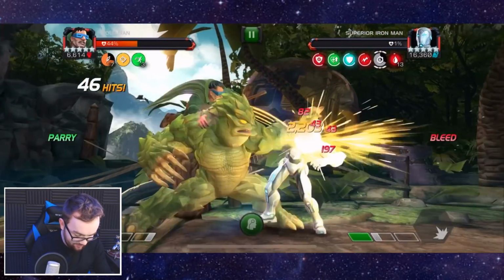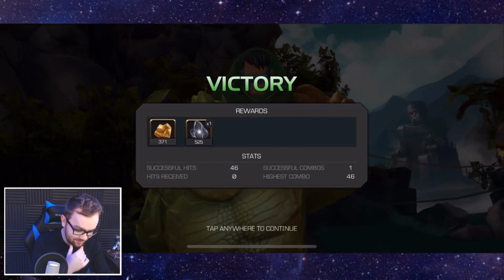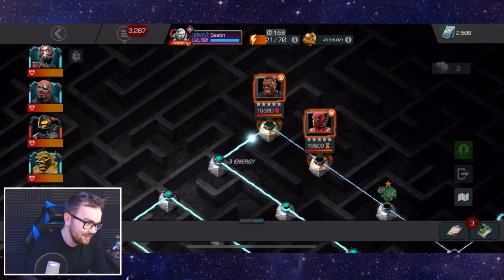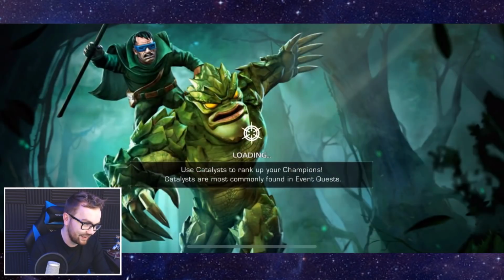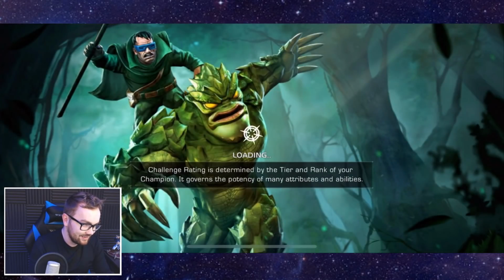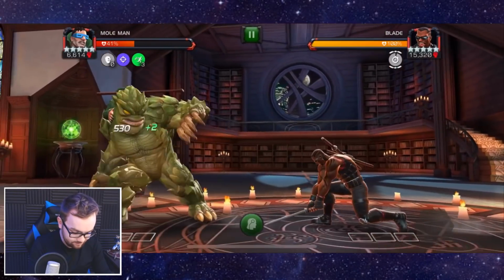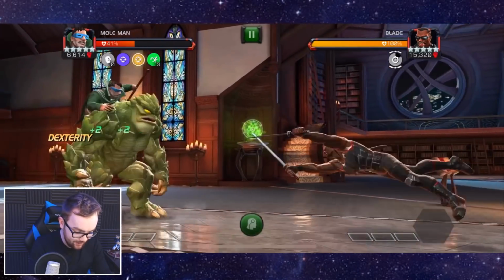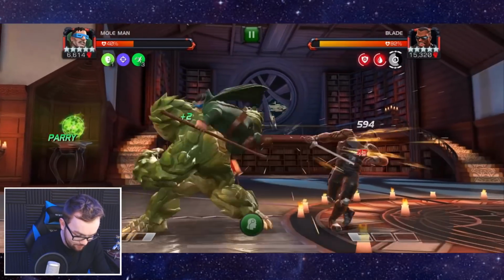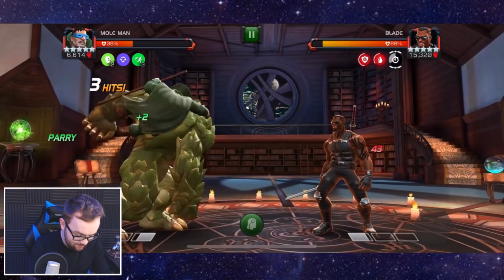I'm pretty sure, I'm just trying to remember the Thor Jane Foster, the 6-star Thor Jane Foster. I think she had a bit of a better performance than Mole Man is having today, in all fairness, all honesty. Because these fights are going by, but not really at the speedy rate that we'd probably want from a brand shiny new champion in 2020 to be